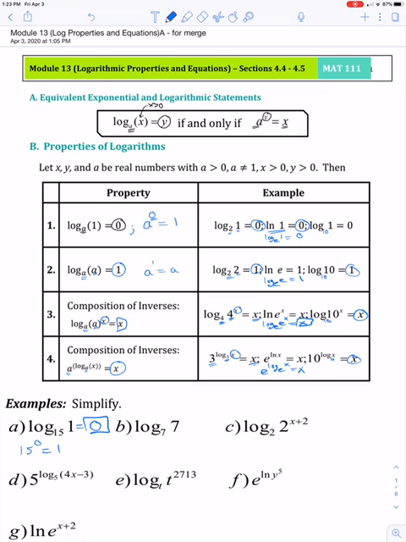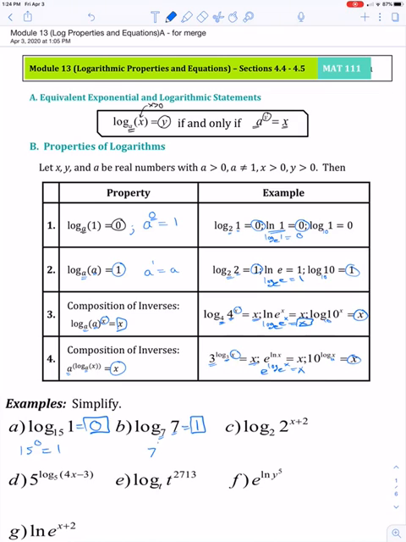Property here in B is log base A of A. It should simplify to 1, right? Log base 7 of 7. These are identical. So again, you can think of it also as our property we mentioned with compositions, right? Log base 7 of 7 to the 1 power is 1. Log base A of A to the x is x. So again, different ways to look at that, but those are the same, so it simplifies down to 1,